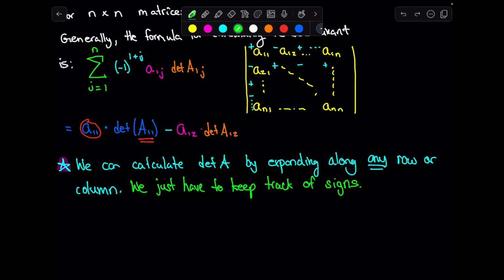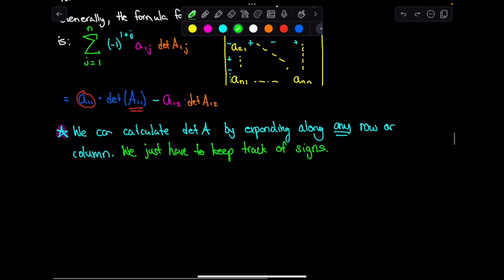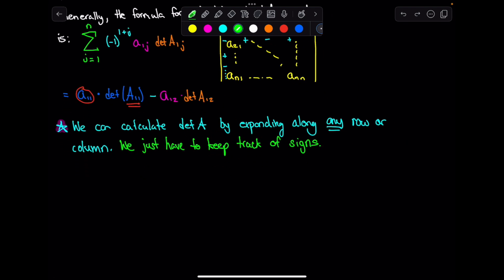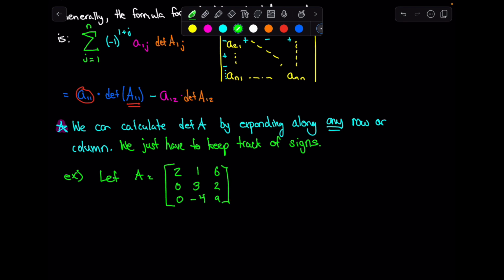Okay, so to give an example here, if I give you a 3 by 3 matrix, let's do one like 2, 0, 0, 3, negative 4, 1, 6, 2, 9. If I do this the original way, so first off, the first thing that I would do